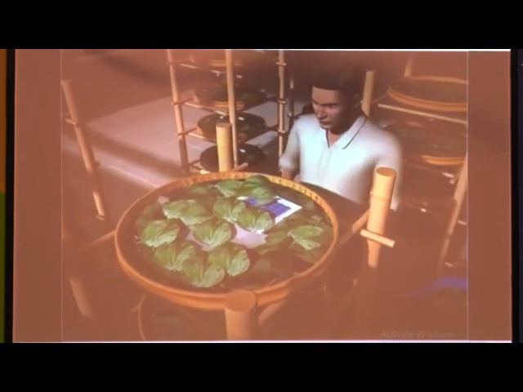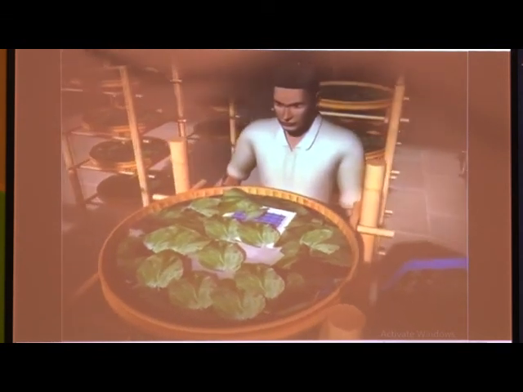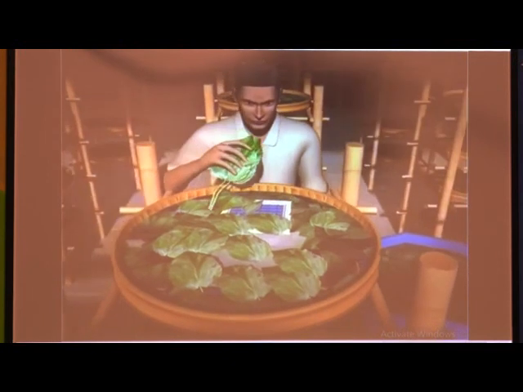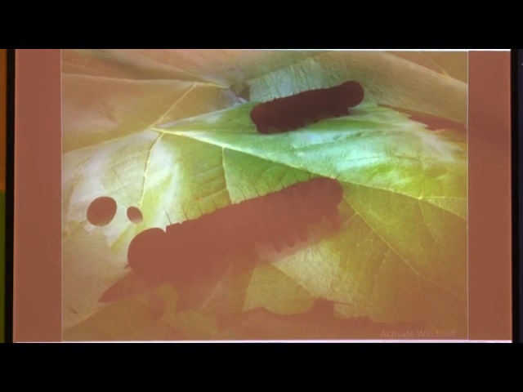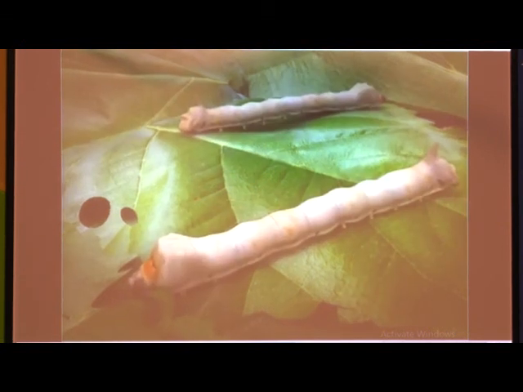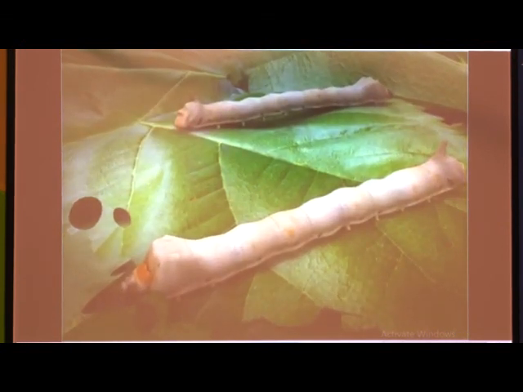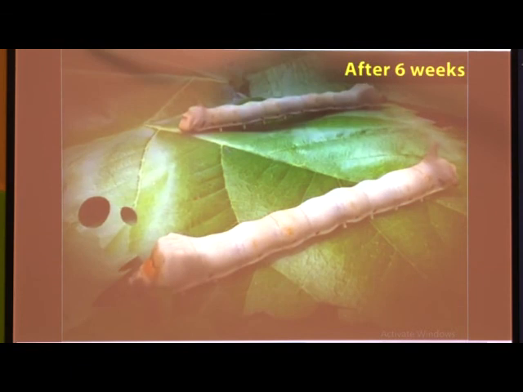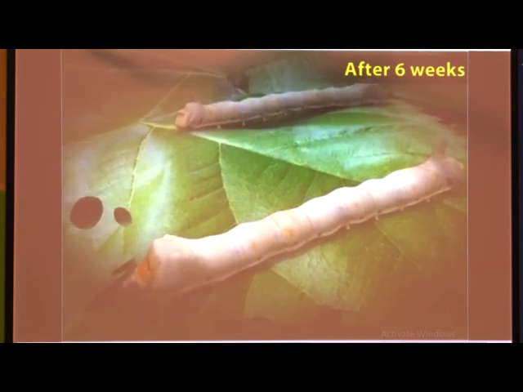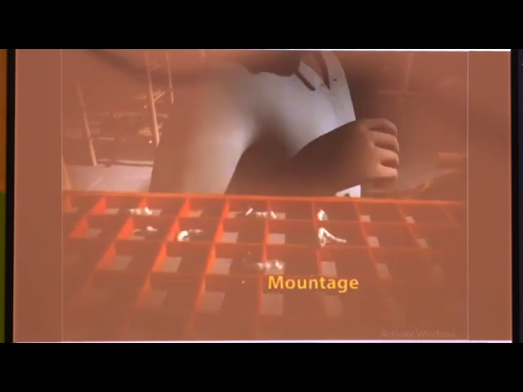These egg frames having larvae are then covered with fresh mulberry leaves by the silk farmer. The larvae then crawl out of the egg frames and feed on the mulberry leaves day and night for 4 to 6 weeks and grow into an adult larvae. After approximately 6 weeks, the adult larvae stop feeding. Farmers transfer these larvae to mountages.